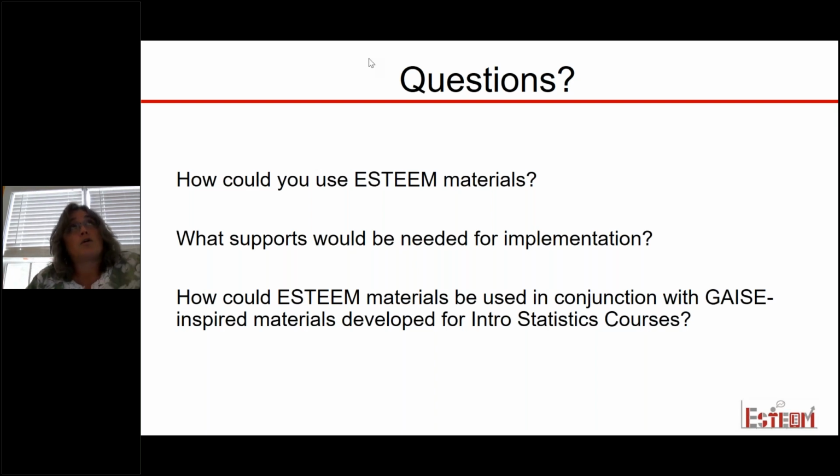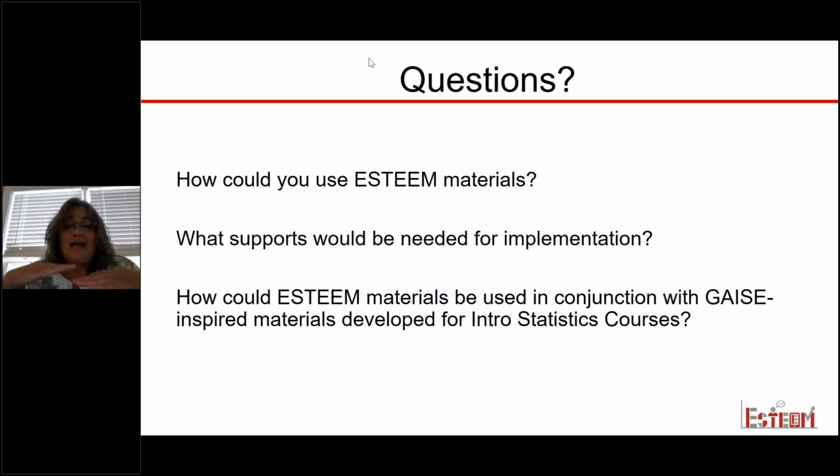Could they be used for training graduate TAs? Yes, because I'm assuming most graduate TAs are going to be teaching your intro level statistics course, which is the same content as high school statistics.